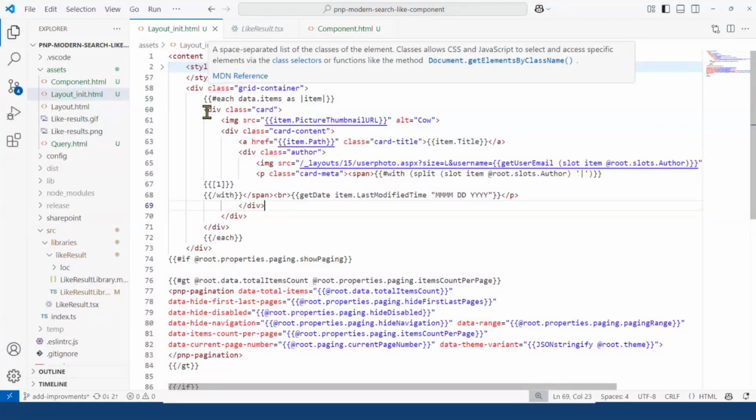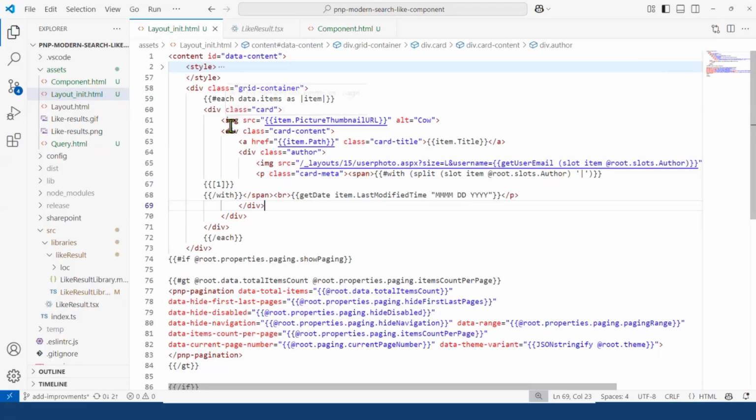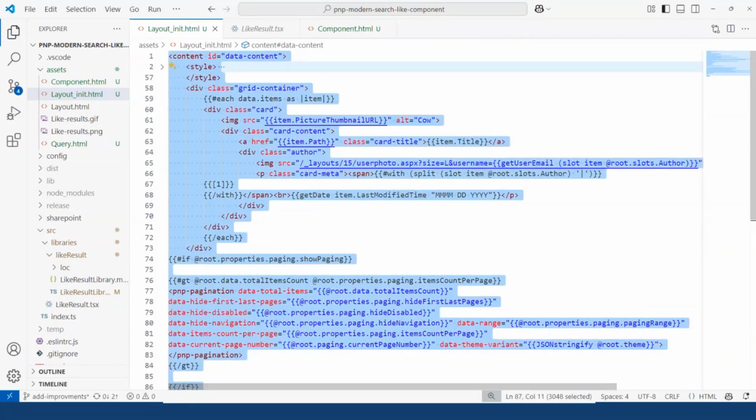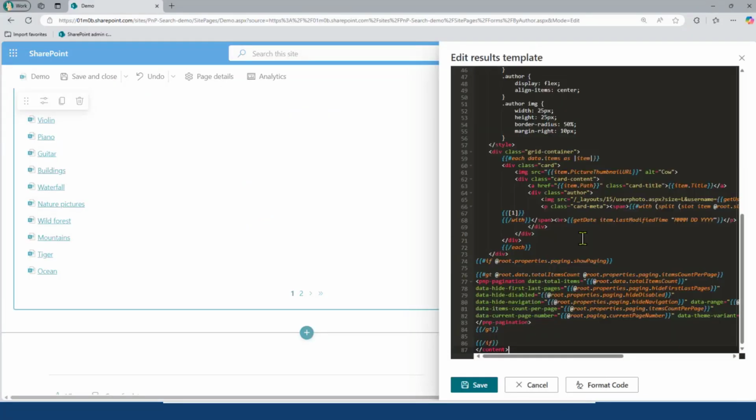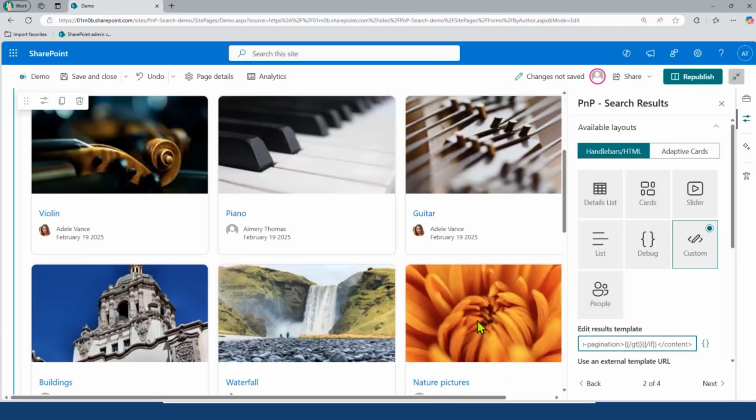It's basically just some standard HTML and CSS with a bit of handlebars expressions for the logic, but quite simple. So we'll copy it, paste it here, and save. Okay, so I have the same results displayed a bit differently. And now what I want to do is to add my custom web component to the results. So I'm going to switch again to VS Code.